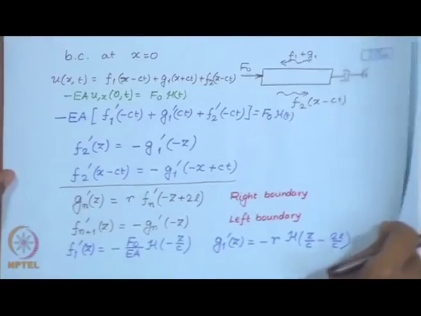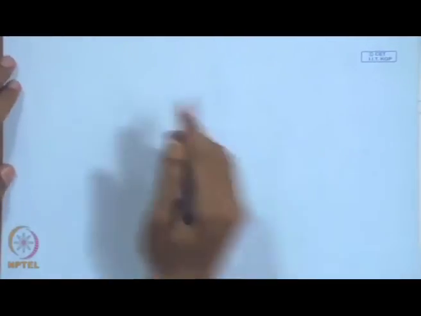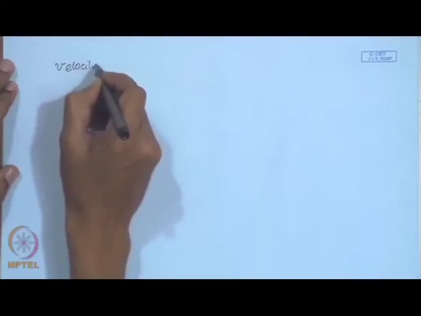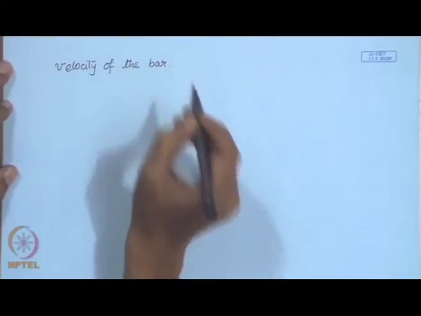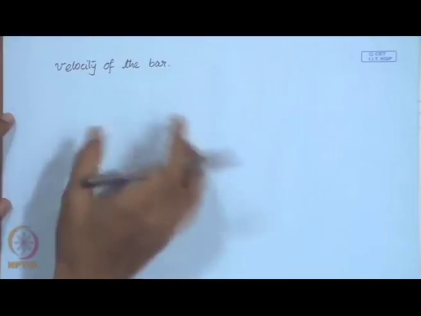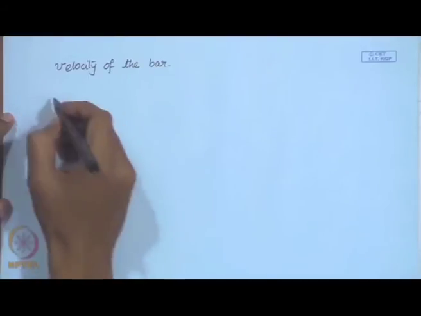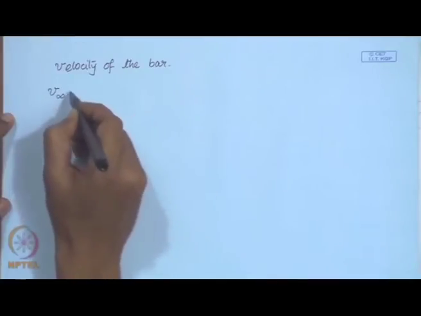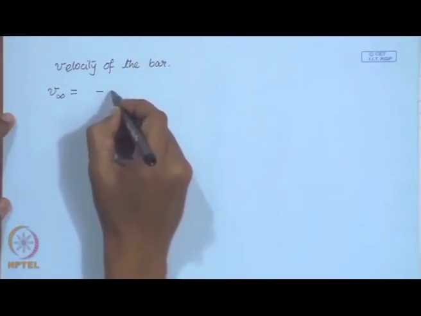So, using these recursion relations, we can therefore write down the velocity of the bar as time progresses and it reaches steady state, because ultimately this bar under a constant force f naught is going to reach a steady state. So, let us denote this steady state velocity as v infinity, then that should be given by,